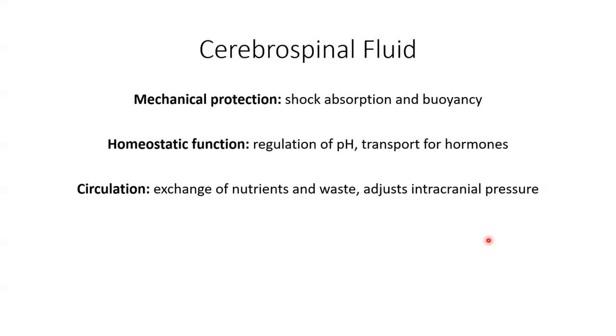So if we increase the production of cerebrospinal fluid, you have more fluid within the skull. This increases intracranial pressure, and that actually inhibits blood flow. Going the other way, if we decrease the amount of cerebrospinal fluid we are producing, there is less volume of that fluid within the skull,